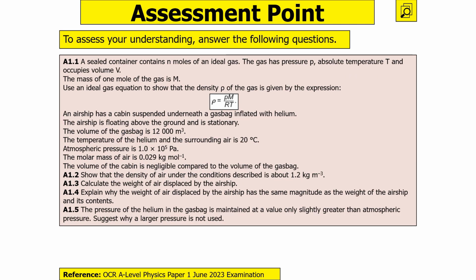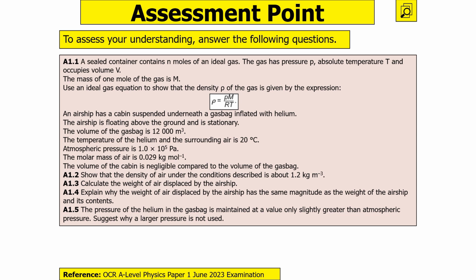The next question says, a sealed container contains n moles of an ideal gas. The gas has a pressure P, an absolute temperature T, and occupies a volume V. The mass of 1 mole of the gas is big M. Use the ideal gas equation to show that the density of the gas is given by the expression ρ equals